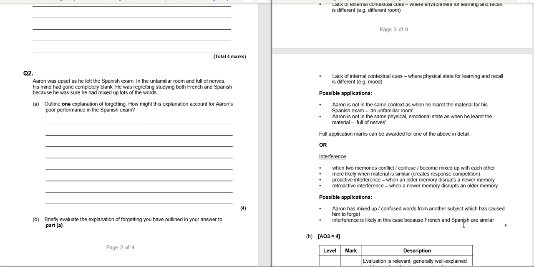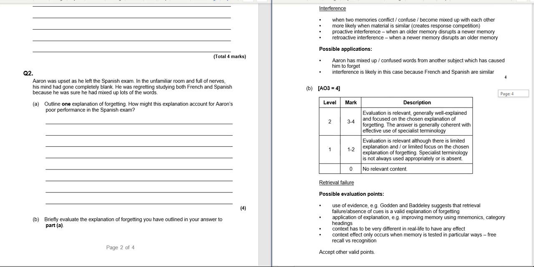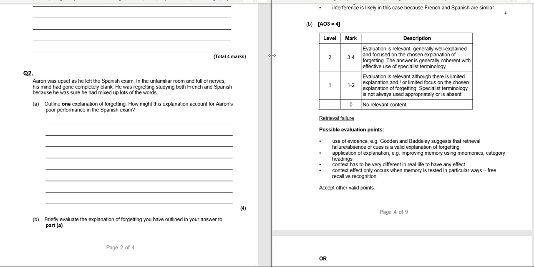And that's probably because he's learnt French and Spanish. They're similar in the sense that it's not English. So he's got some kind of interference between the two. So you could have used that as well, although I doubt that any of you would have used that, I'm being honest. The next one, the evaluation, I would imagine that most of you would use